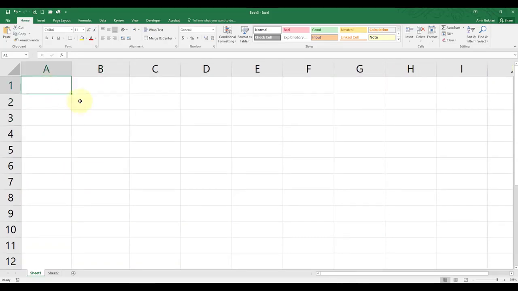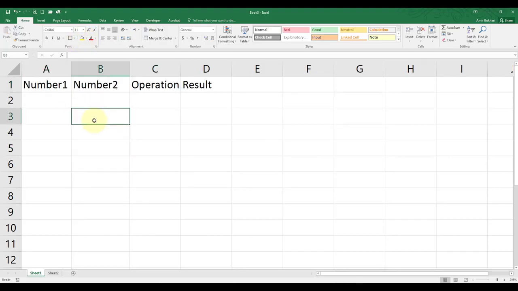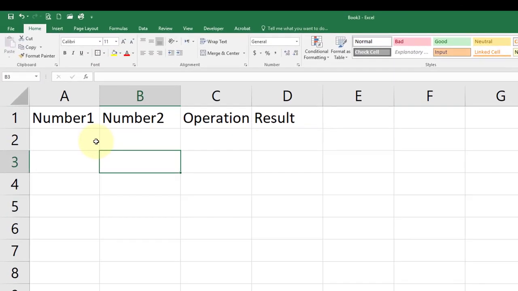Now we will start with basic formulas. Now we will try to see some of these operations. Let's say we have something like this.